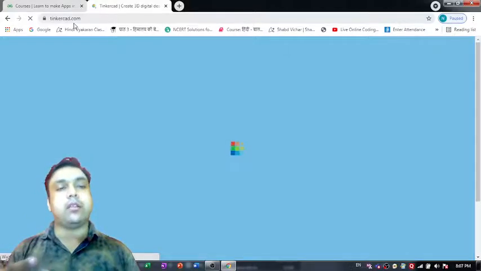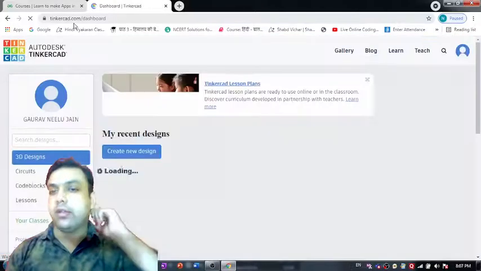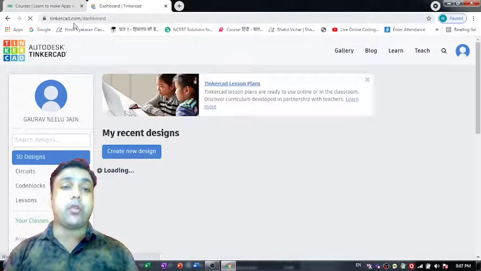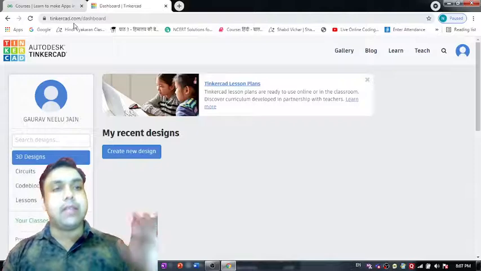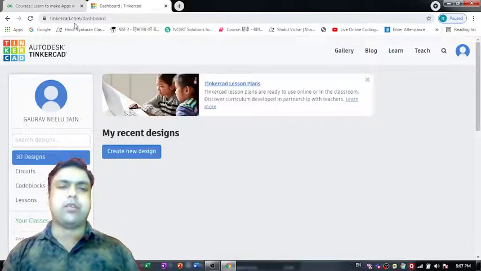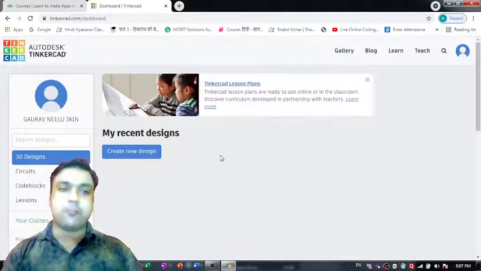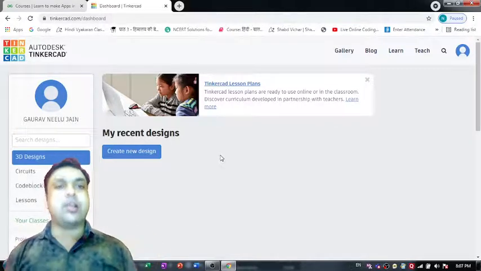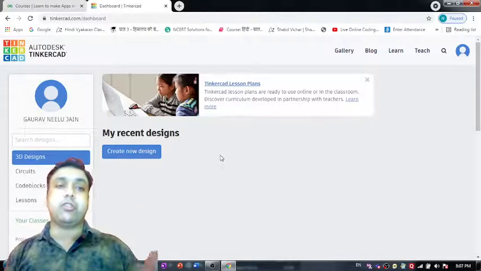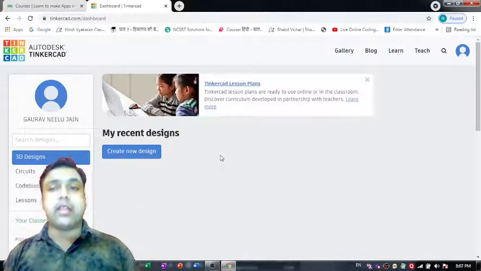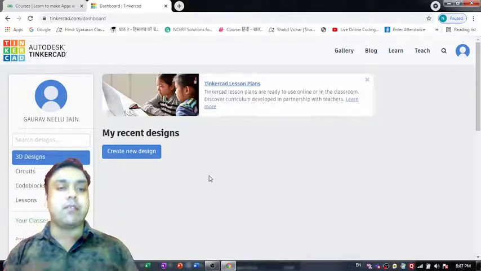Now the way you can create your account on Instagram or Facebook or any social media platform, in the same way, with the help of your Gmail account, Microsoft account, or any ID, you can create your own account on this platform also. Once you are done with creating your account, when you sign in using the same credentials which you used for creating your account, you are going to get redirected